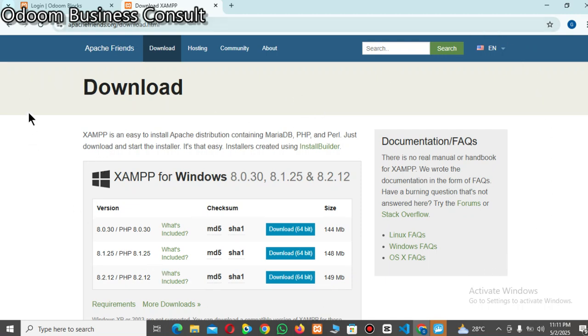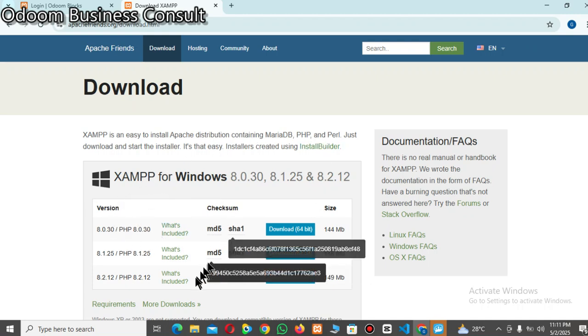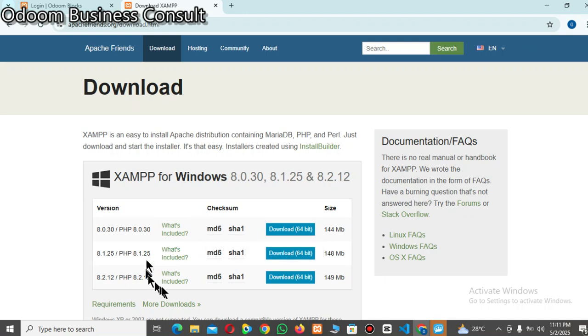Okay, and from that we can see the latest versions or the different versions that we have for Windows. So I think the latest one is 8.2.12 with PHP. Okay, so anyone that wants to download, and the sizes too are being shown here. We have 144 MB, 148, 149. So the latest one has 149. Okay, so just click on that,